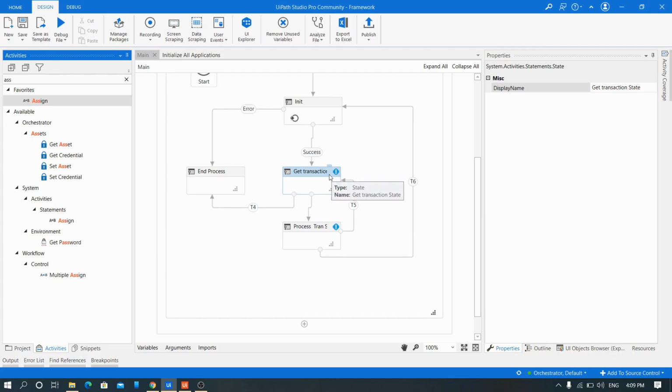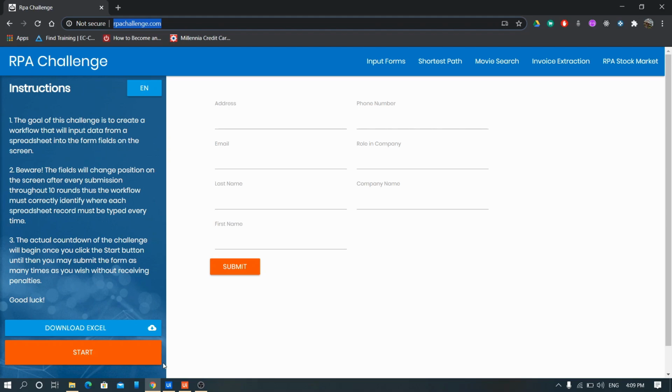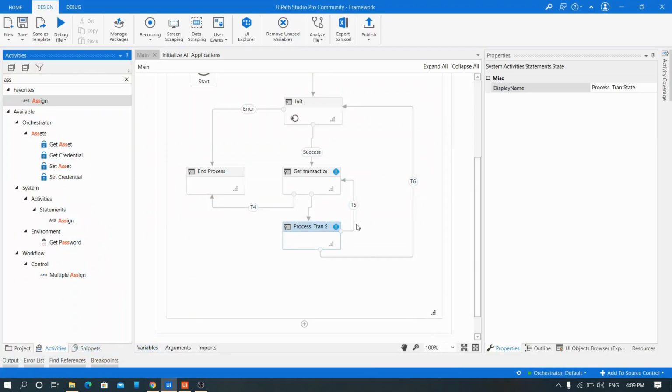Until then, we get the transaction item from the orchestrator, we fetch it, we operate on this in the sense we fill the details, we click on submit. Upon success, we go to the get transaction state. Upon failure, we go to the init state.